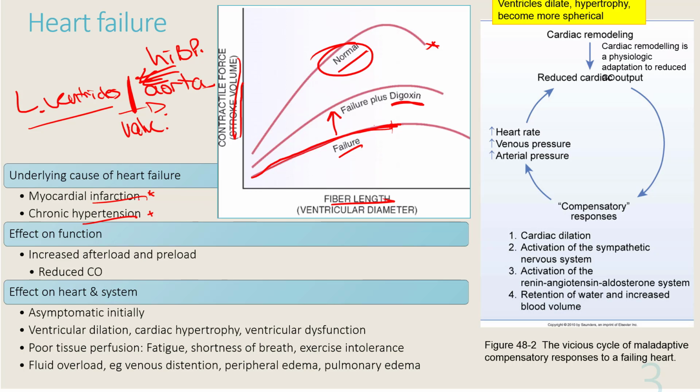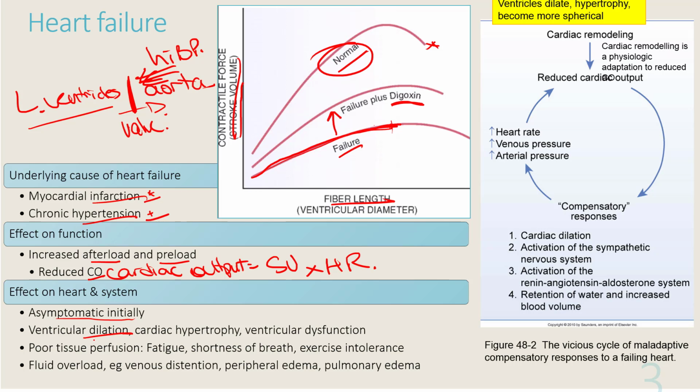And so what happens is, with myocardial infarction and chronic hypertension, afterload and preload are increased. And so cardiac output is decreased. And remember, cardiac output is the product of stroke volume and heart rate, right? And so what the effect of heart failure on the heart and other systems is that initially there's no symptoms, and then